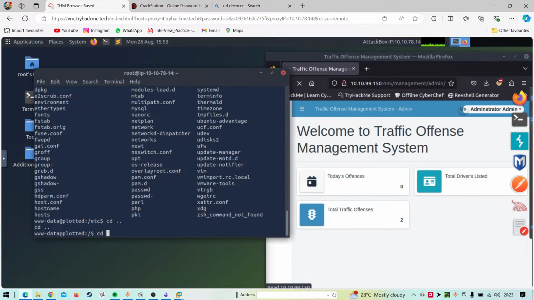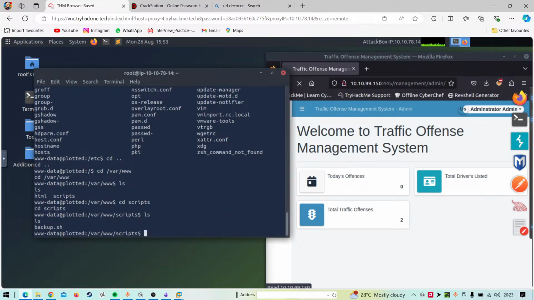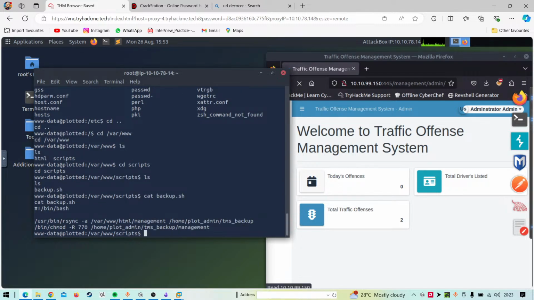So for that, we can just go to /var/www/html, and after that we have scripts, right? So if I just open backup.sh, okay. So what we can do is append something like u+s, like if I just show you up there.